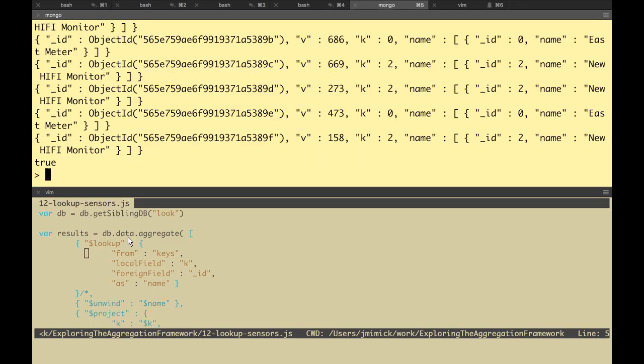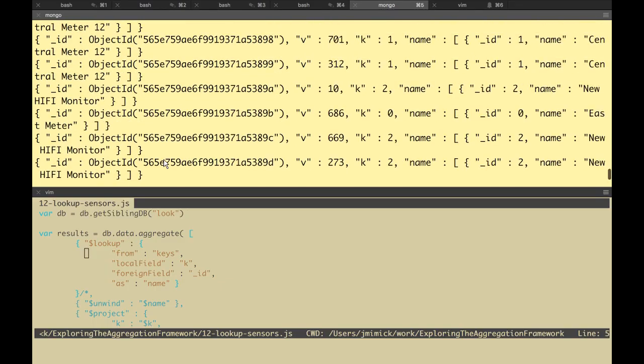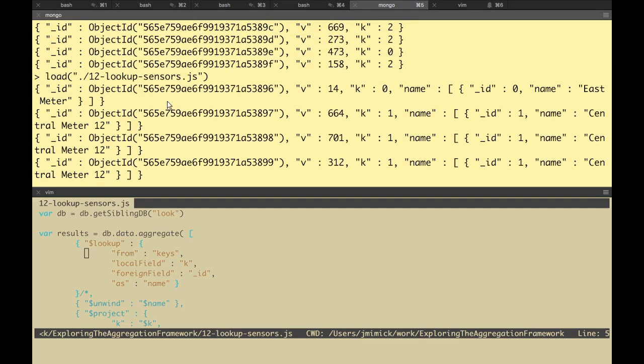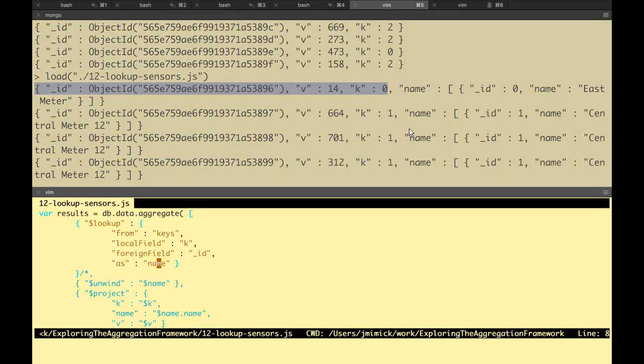If I just run this script and just do the $lookup, let's take a look at the output I get. For each input document, just running lookup, I'm going to get back a key called name, because that's what I specified for as, but I'm going to get an array of all the documents in the key collection that match it, because there could definitely be more than one. It just so happens in my example that I used _ID to match, so in this case there would only ever be one, but that's not the case in general when you're doing lookups